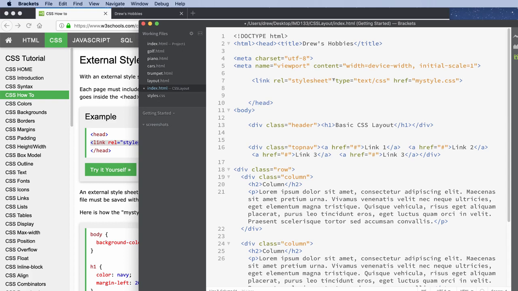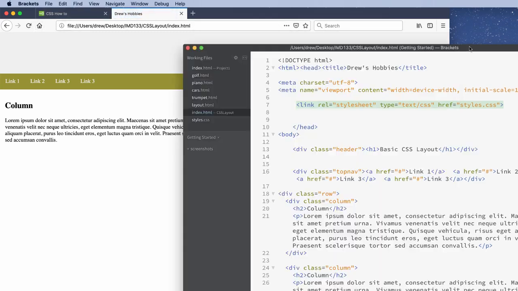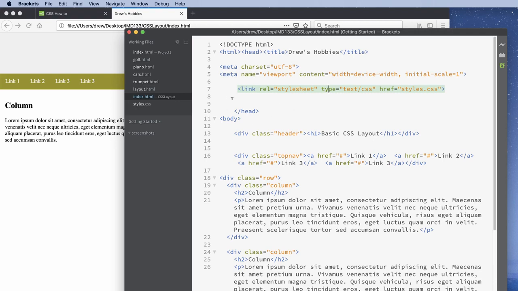And you can see that they name theirs my style, and I named mine styles.css, just like that. And just put the name of the link in quotes, unless you put it in a separate folder or something, but this looks like it's going to work. So I'll do a file save. And let's go check it and make sure that it still displays okay. Alright, now you don't notice any difference, but there's a lot going on here. Notice that all that code is gone from my HTML, replaced with this one line,